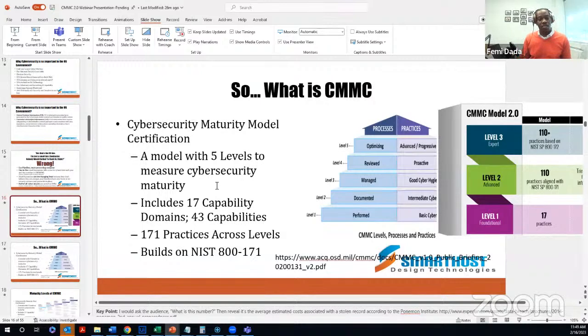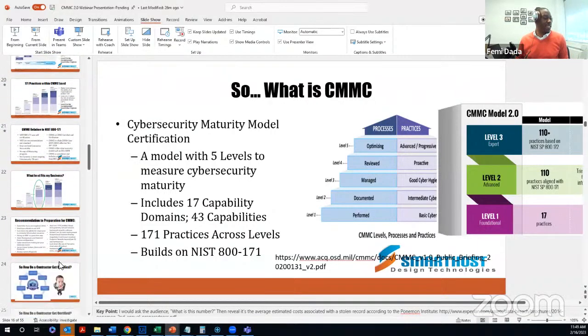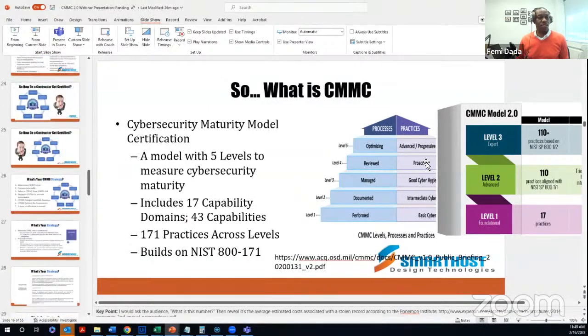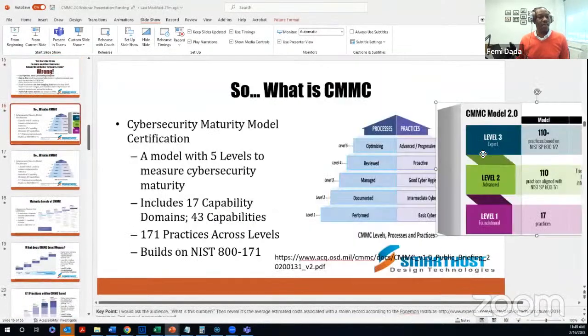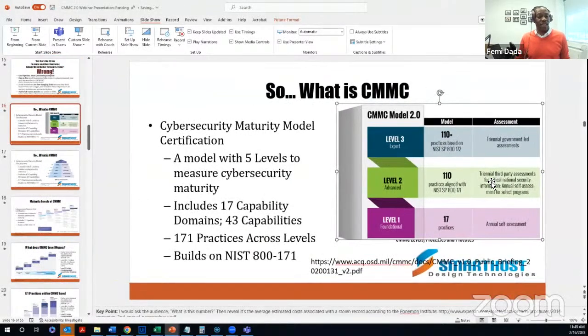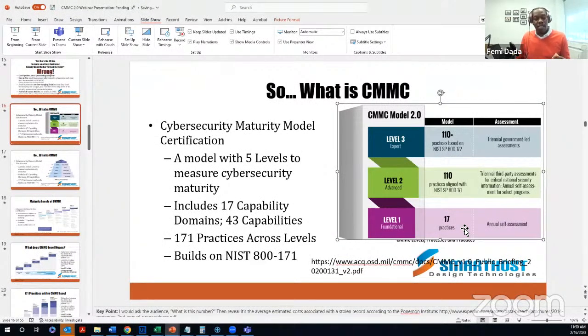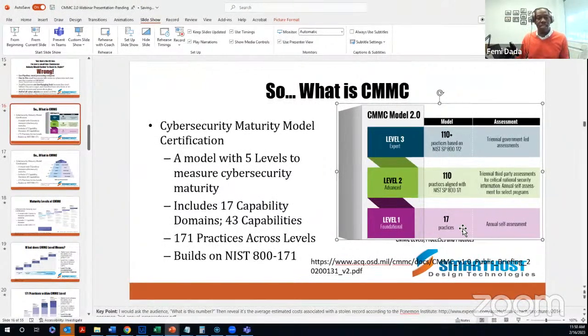But after 6 months and after a year or so into the program, the government revamped the process, and they've now streamlined it into 3 levels: level 1, level 2, and level 3. As you see in my other slide here, this slide is actually one of the old ones, but as you can see on this one, now CMMC is level 3. In level 1, you have to meet 17 compliance practices. In level 2, you have to meet NIST 800-171, which includes 110 practices. And of course, level 3 is still being determined right now.